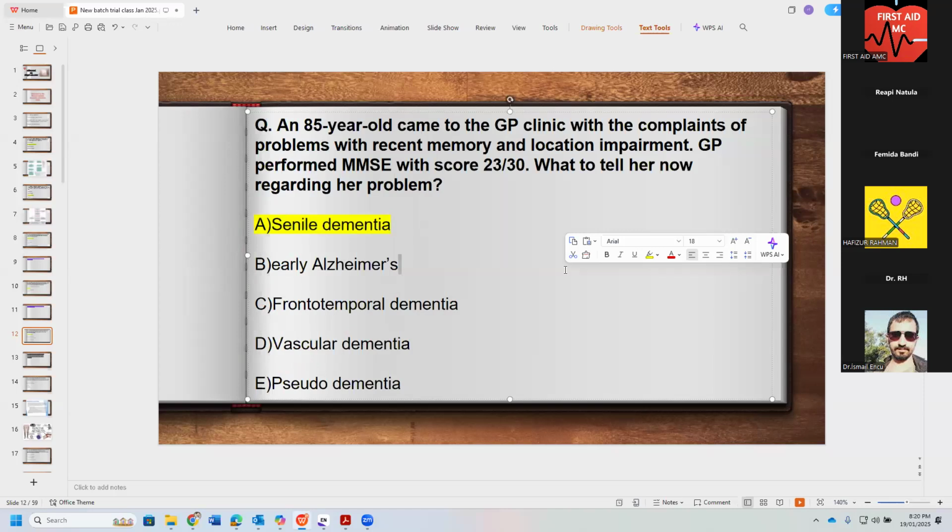Around what age do we see Alzheimer's generally? 45. 45 to onwards, Alzheimer's can happen, especially in persons who have strong family history. 45 onwards, they're at risk of having Alzheimer onset. Everyone knows about Alzheimer's symptoms we have discussed yesterday. Anyone who wants me to repeat them, just let me know in the chat box and we can have a review of it quickly.